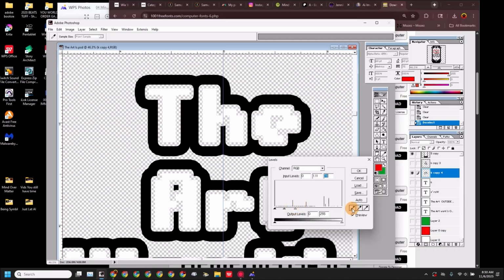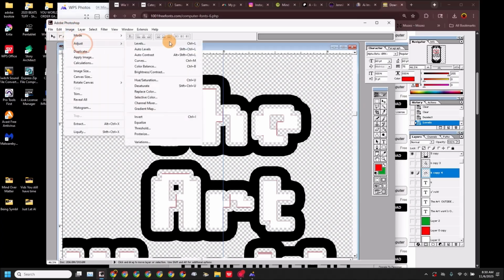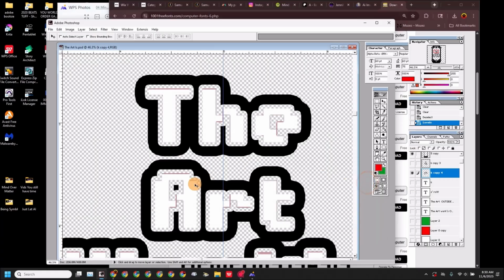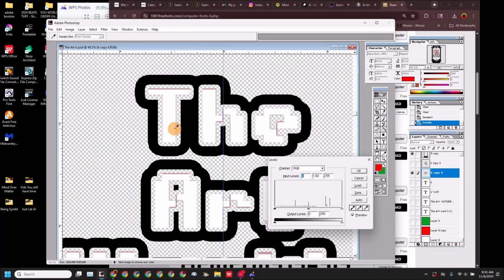You can do that like that. Another way to do it is, if you go to image, hue saturation, just decrease the saturation, and it'll take all that out, which will turn it gray, and then you just increase the light. Oh, no, not that. Well, I guess you gotta do the levels thing anyway, so maybe levels is just the way to go, because you're gonna have to end up doing that anyway. So, image, adjust, levels,